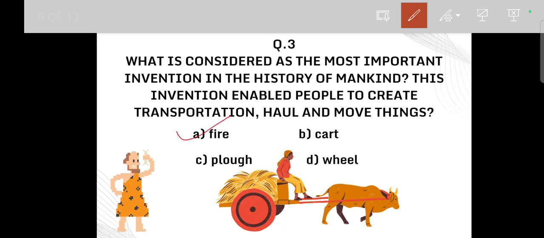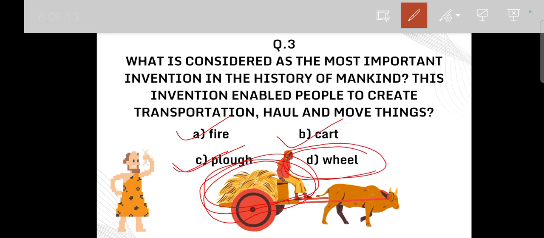Fire, no, it does not help in transportation. Cart, it does, but a cart is this part. It is like a vehicle without wheel, which is called a cart. Plow, we would use plow during agriculture. And when we are talking about wheel, wheel is the correct answer, because the invention of the wheel led to transportation and moving things.